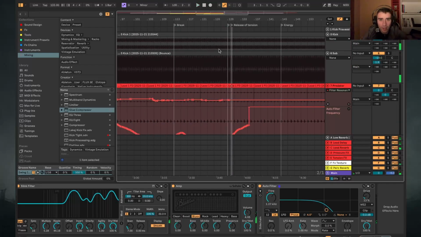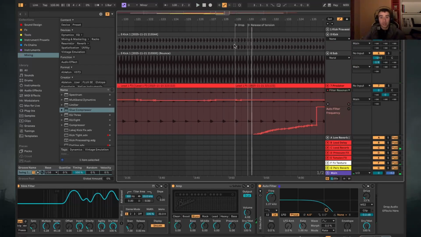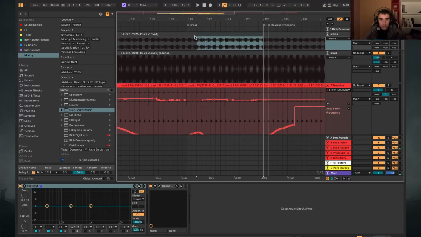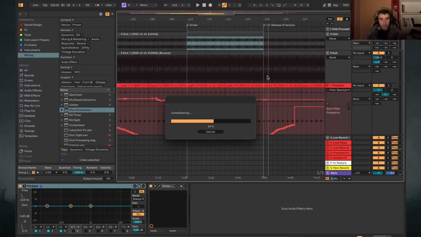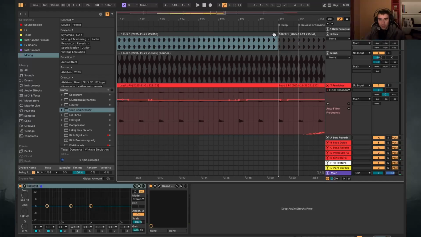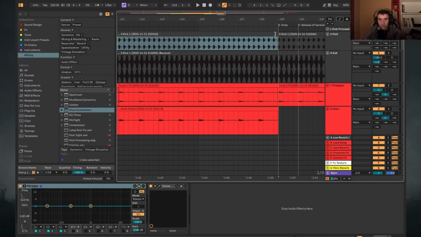Okay, I like this. So let's actually just make it a drop and remove the kick. Okay. Actually, I'm just going to consolidate that. You can also Control E to separate. And I'm going to make a drop like this. I'm just going to